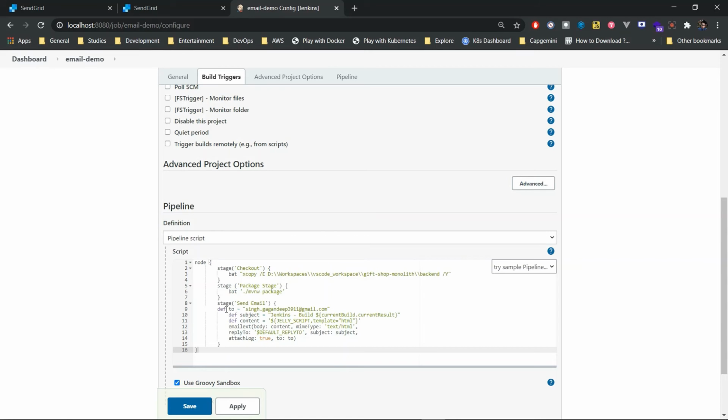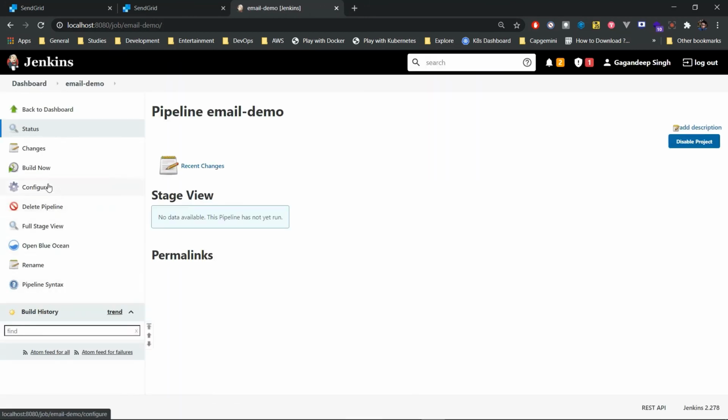To refers to the email to which the email will be sent. Subject is the subject line of the email where we specify the status of the build, and content refers to basic details about our build. And then finally, attach log here allows us to send the log file of the build. After this, click on Save. Build now.